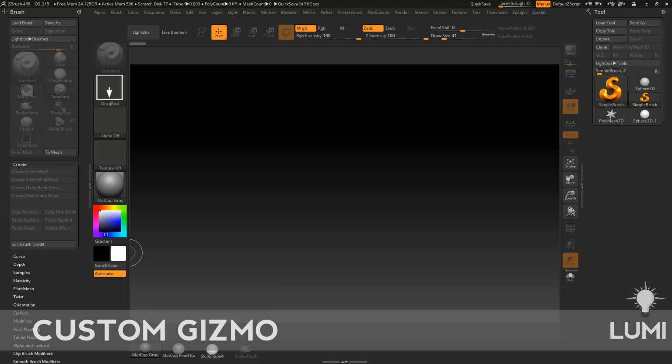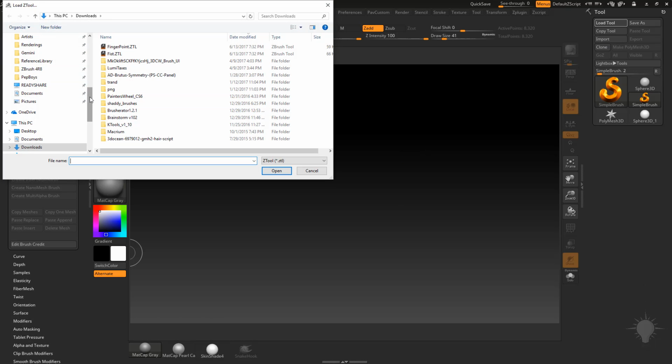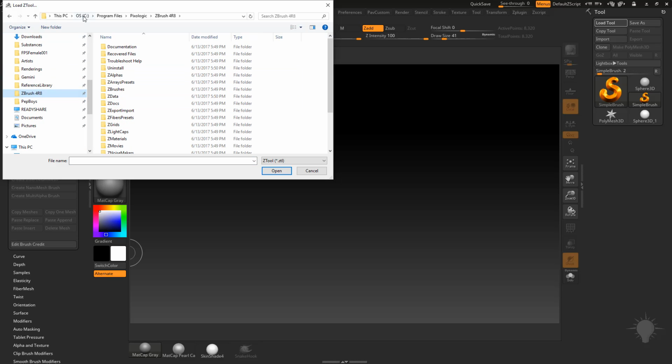All right, now that we've talked about the gizmo, let's talk about how to create our own custom gizmo. The first thing you want to do is open up where the gizmo files are. So you're going to have to go to Load Tool here because it's a tool, and we're going to go to our ZBrush 4R8. So it'll be under your C drive, Program Files, Pixologic, ZBrush 4R8, or wherever you